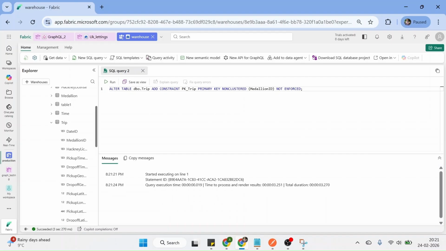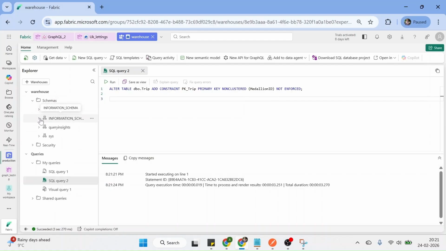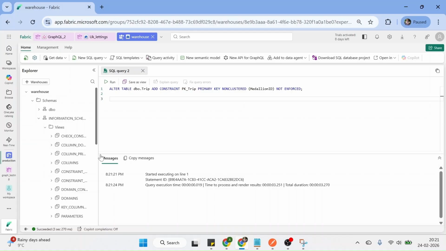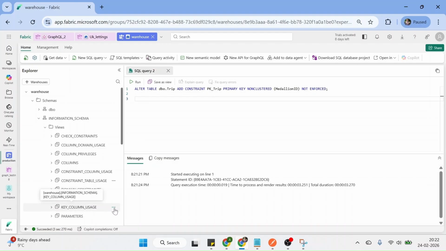and you should always choose a unique column whenever you are defining this primary key constraint. So it has worked. And now a question arises, how can you check whether any primary key constraint is declared on a table or not? There are a few options. We will go through two tables which we can use to identify. So click on information schema, views, and we can see key column usage. So you can select this one,